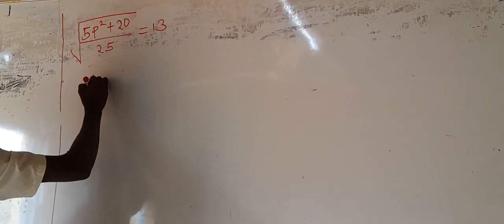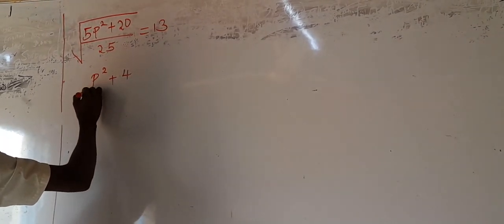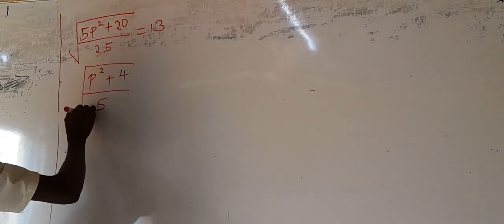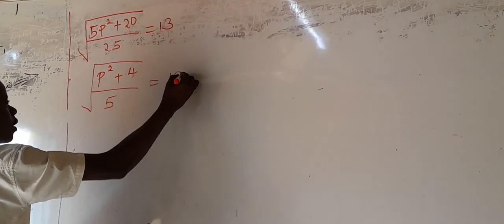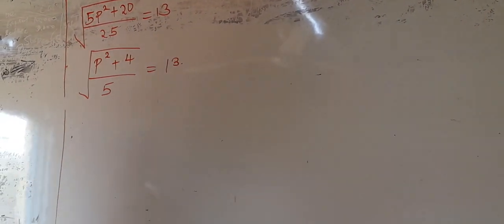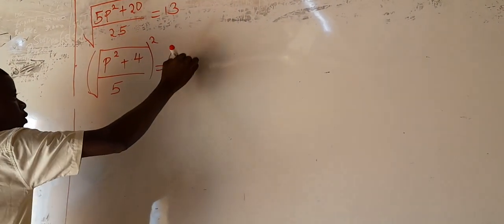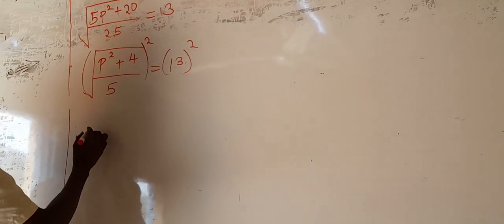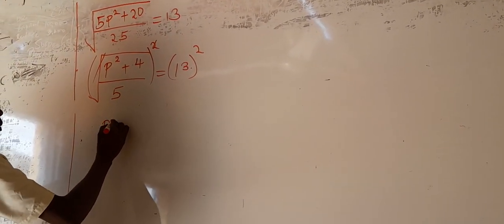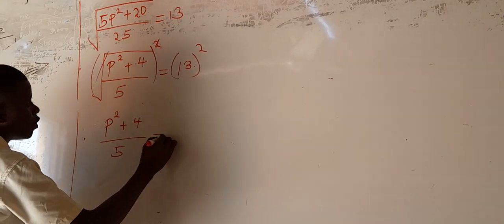By 5 we are going to remain with P squared plus this one divided by 5, which is 4 over 5. Now when we take the square root of it, we are going to get 13. So let us remove this square root sign by squaring both sides. This square root sign will cancel with this square. We remain with P squared plus 4 over 5 is equal to